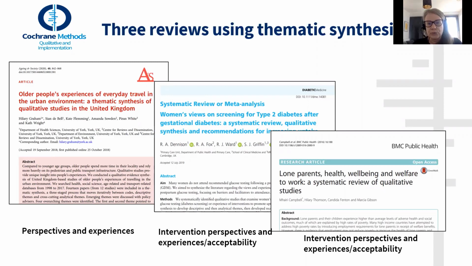And then I'm going to talk about 2 reviews which focus in specifically on intervention perspectives and experiences. So how do people experience a particular intervention? And you'll see here we've got one on women's views of screening for type 2 diabetes after they've been diagnosed with gestational diabetes during pregnancy, and then one on parents' experiences of welfare to work